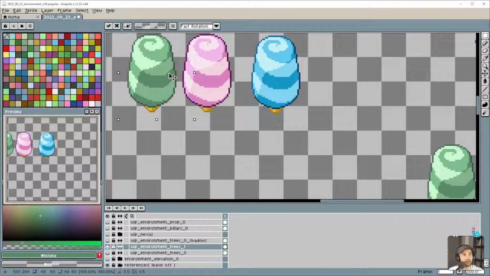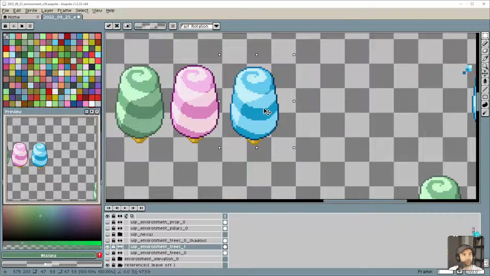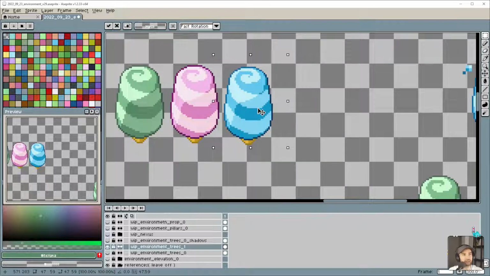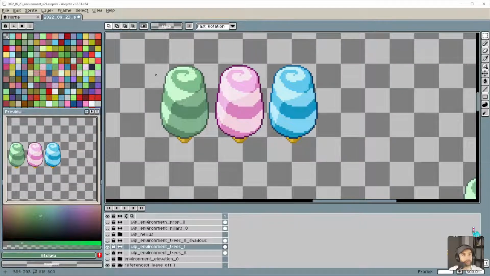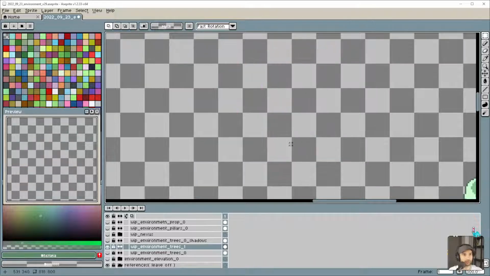And we'll just line these up with a little bit of spacing because it doesn't matter that much. It's going to be going into our texture atlas anyway. So it's not a big deal if they're not perfectly lined up or anything like that. Okay. So we'll grab those, hit X.